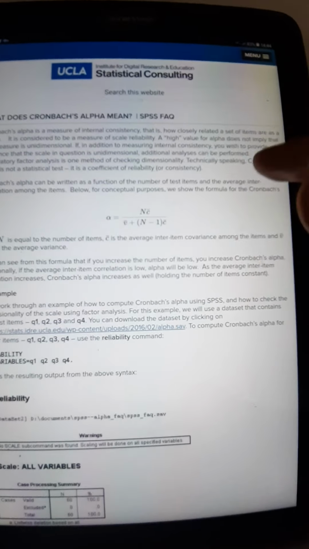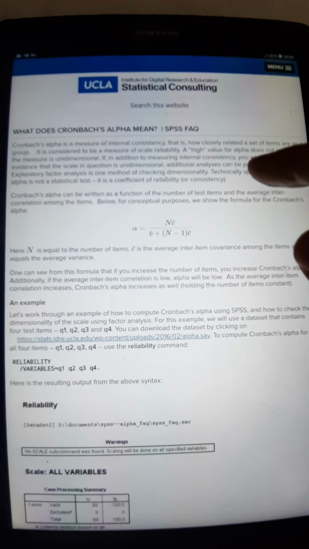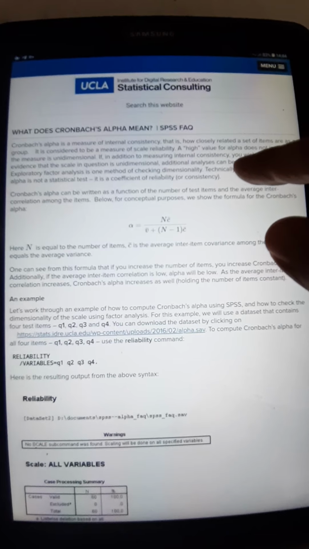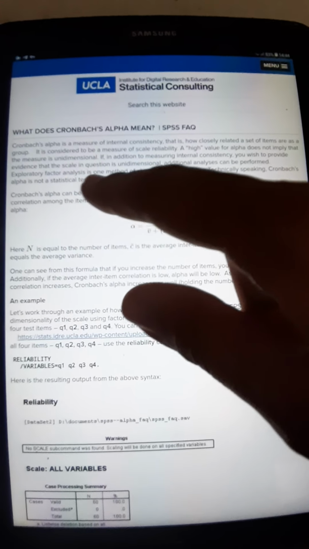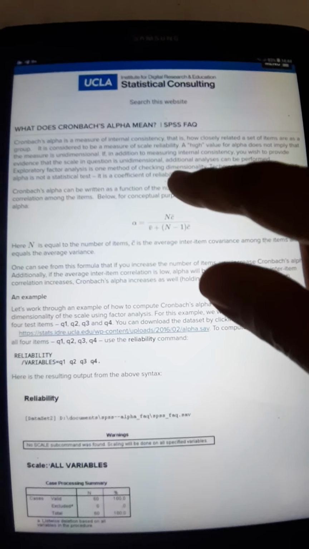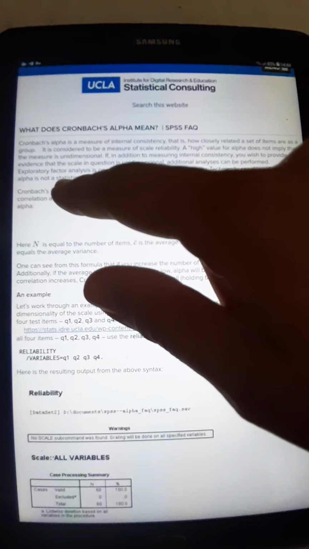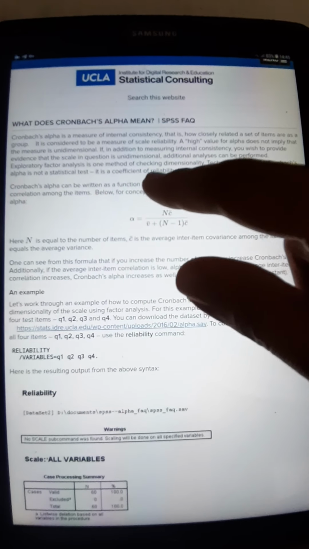A high value for alpha does not imply that the measure is unidimensional. If, in addition to measuring internal consistency, you wish to provide evidence that the scale in question is unidimensional, additional analysis can be performed. Exploratory factor analysis is one method of checking